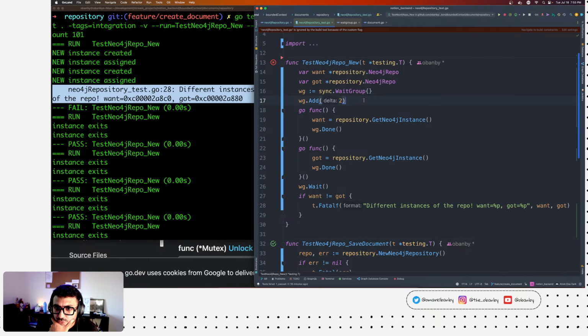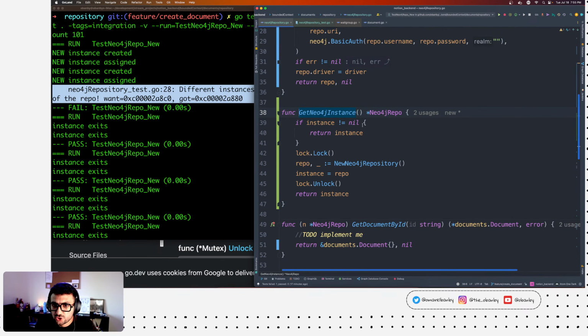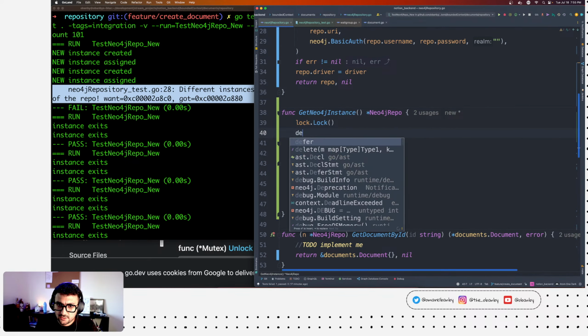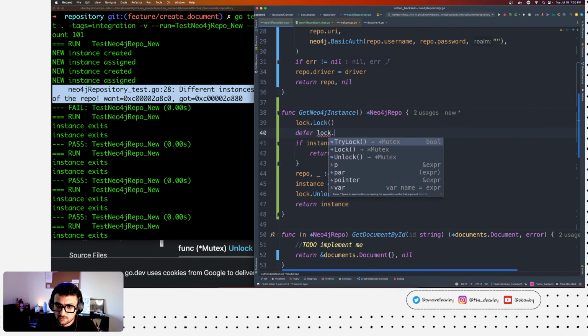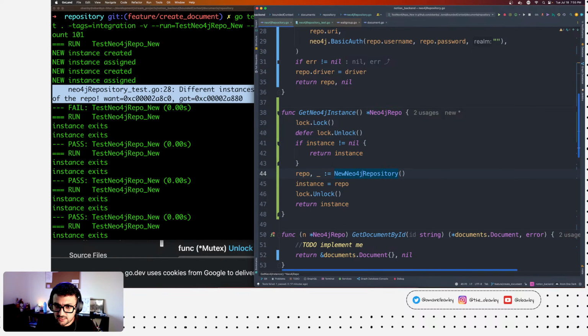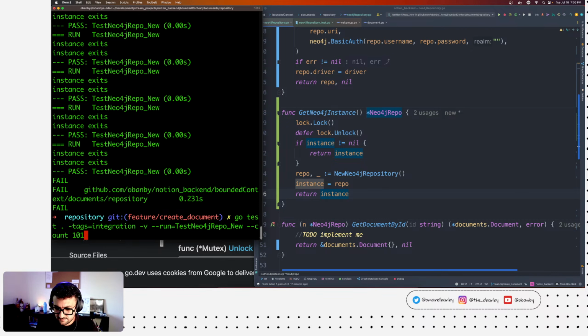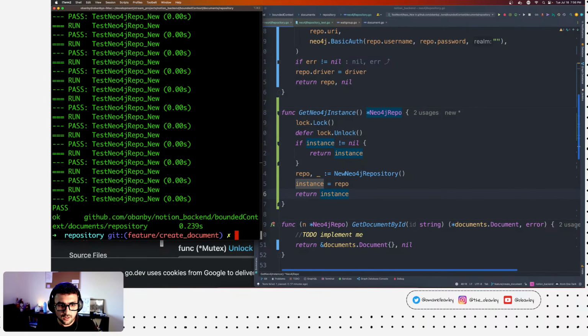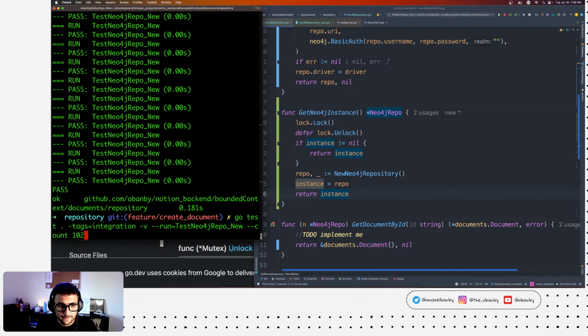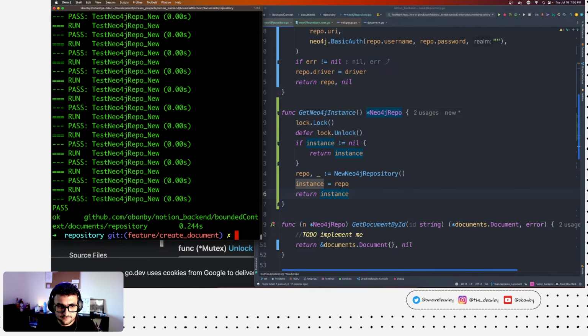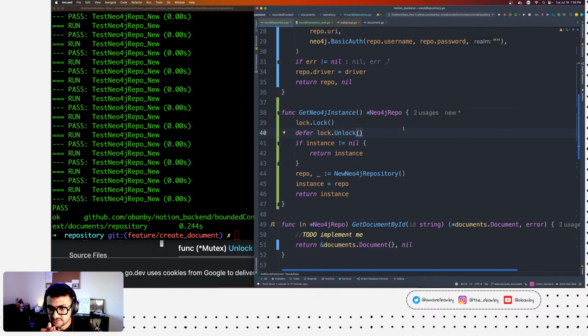So we're adding to the wait group. It goes to Neo4j instance. Now let's try just doing the whole operation as atomic for a second. Let's see if that makes any difference. Let's run it 1000 times, 2000 times. Okay, so somehow making it like that makes a difference. But how could it be possible that the instance is not nil?